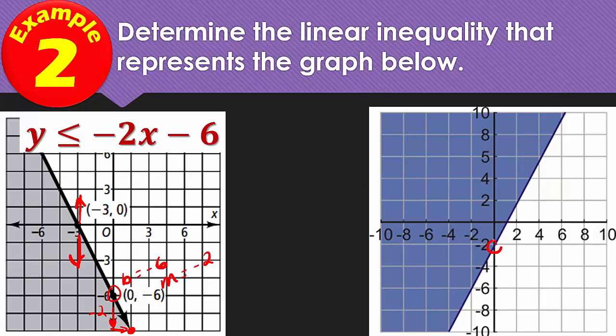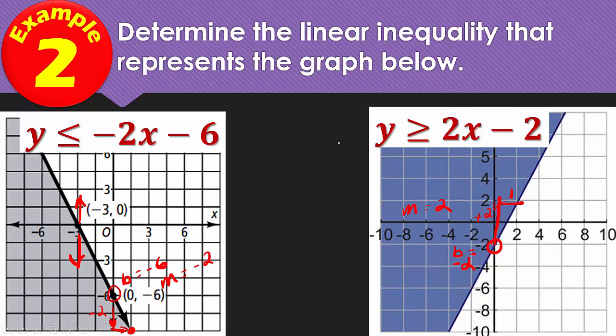Same thing over here. Find your b, which is negative 2, and your slope. From here, if I go up 2 this time, right 1, that gives me a slope of 2. So my equation is y is greater than or equal to 2x minus 2,